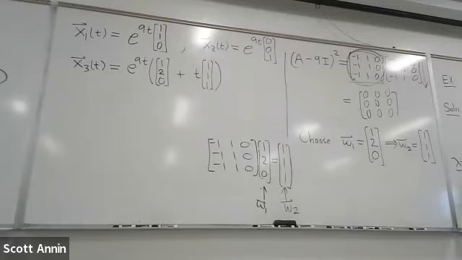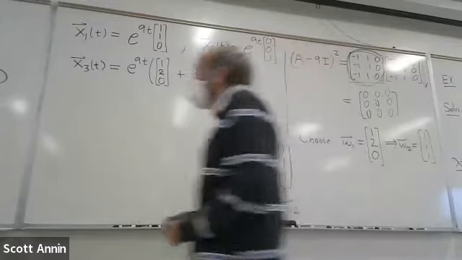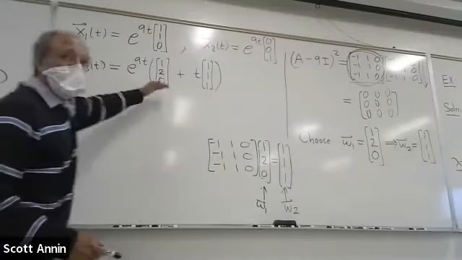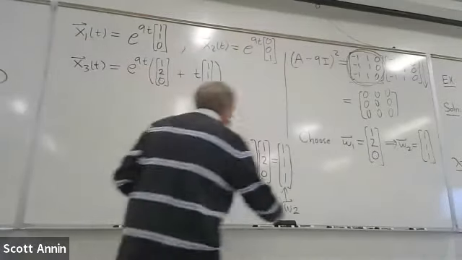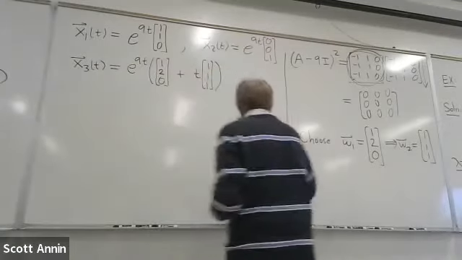You add two vectors in the set, you get a result that's still in the set. So W2 really is an eigenvector. All right, good. So this is legitimate. This makes sense. And so then my general solution,